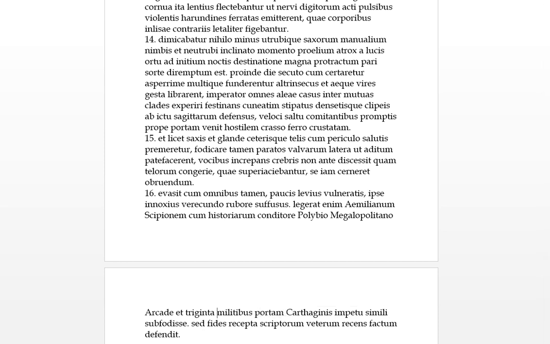Nearly done. Said fides, but the fides receptor, but the received trustworthiness, veterum scriptorum, of the old script writers, of the old historians, or the old writers, the recens factum, the recent deeds defend it. So it looks like recent deeds defend this trustworthiness of the old script writers. That is, Julian's exploit, incredible as it may seem, is vouched for by one equally incredible. In fact, as he goes on to say, Julian was greater and more difficult.